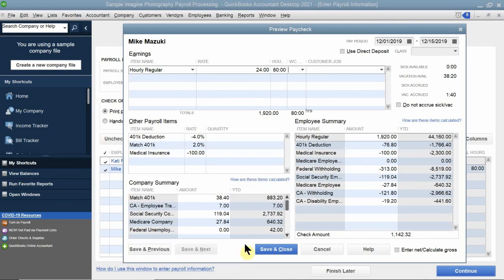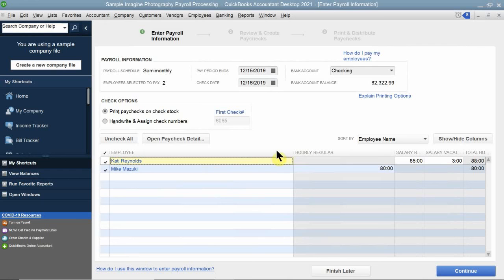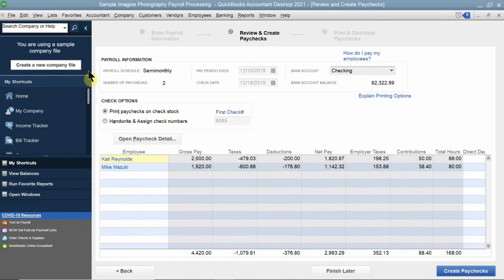And that's it. So I can go ahead and click save and close. Right here, it verifies that you already went through the processing. Here it gives you the hours that each individual person has done. You're going to click continue. What you're going to do here is verify that this is the correct amount for each individual person. And once you get a grand total of how much you're actually going to pay, you can go ahead and click